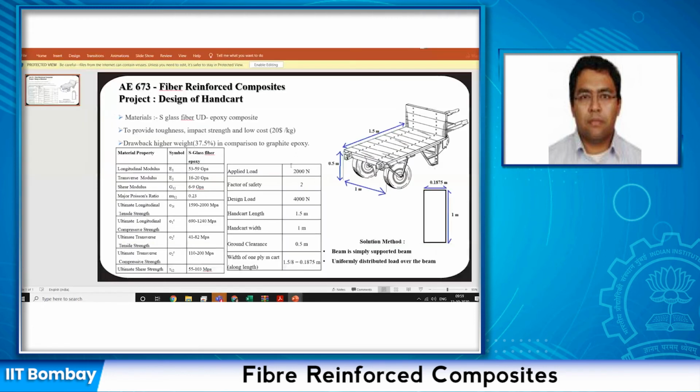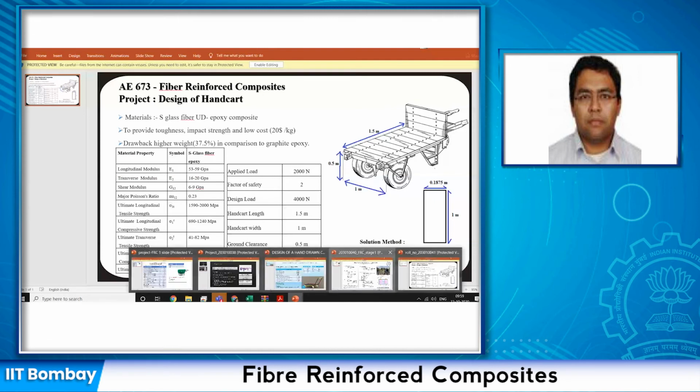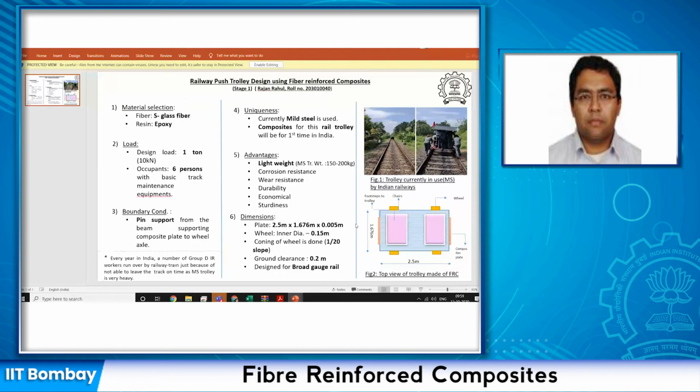So Rajan Rahul, one thing you should look at is that the trolley has various components. When you say 1 ton, today's trolley weight, what does it include? Does it include the wheels, the wheel support system, the platform, everything? What is the dead weight and what design load, the live load, are you considering? Sir, I will consider it as dead load. So I'm just saying you should think about all of these and then put them in the presentation next time.